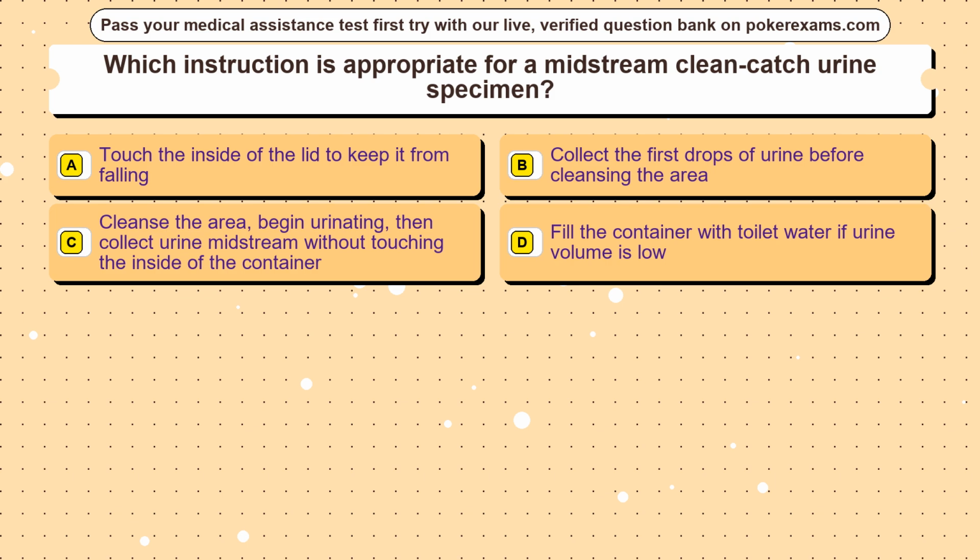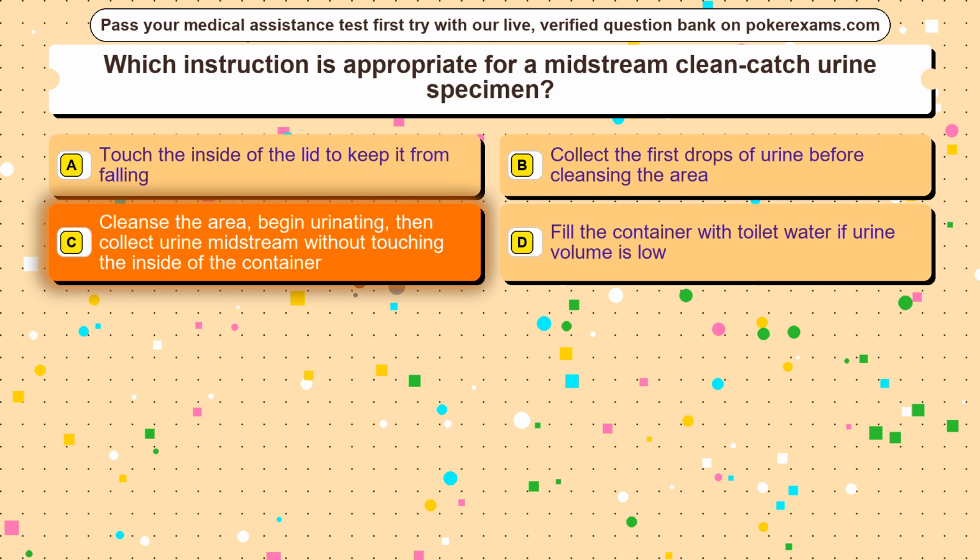Option C, cleanse the area, begin urinating, then collect urine midstream without touching the inside of the container. Option D, fill the container with toilet water if urine volume is low. The correct answer is option C, cleanse the area, begin urinating, then collect urine midstream without touching the inside of